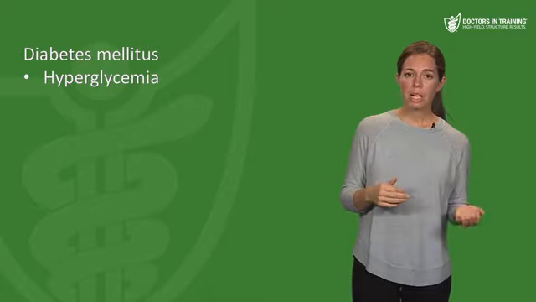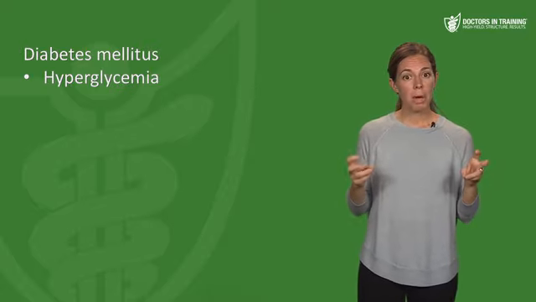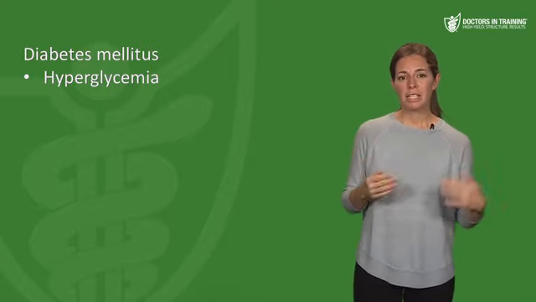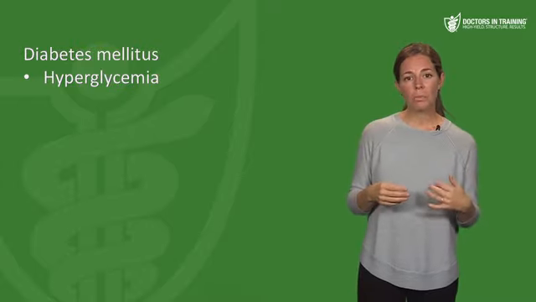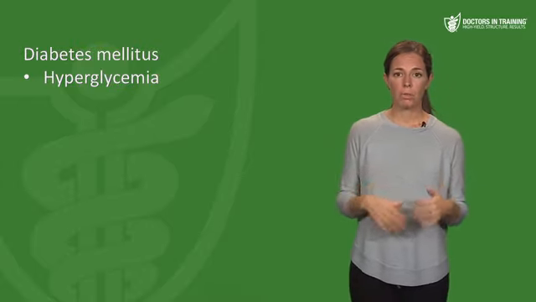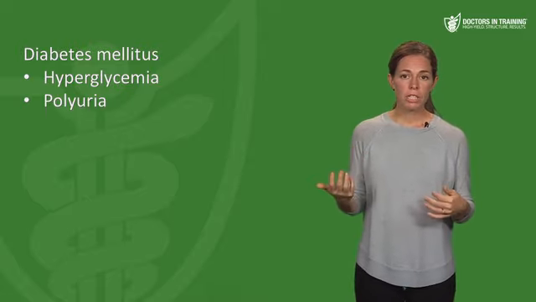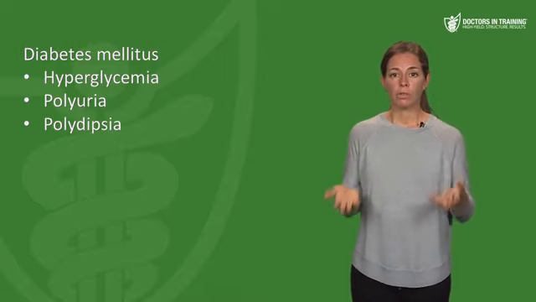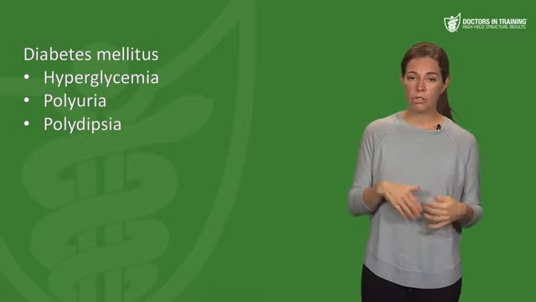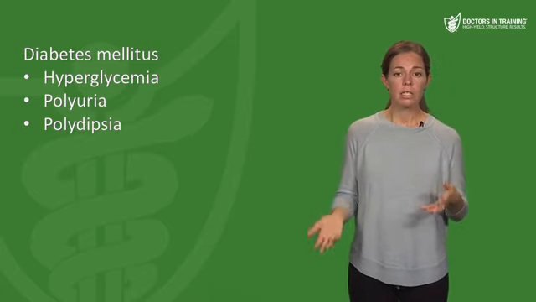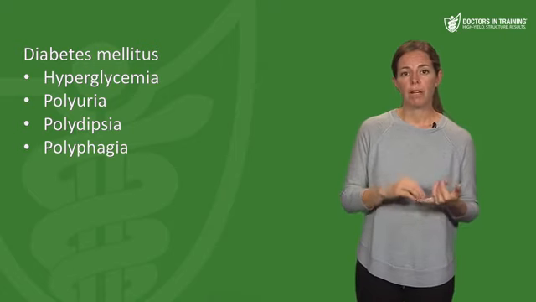Then when there's hyperglycemia, people start to get the polys. So the extra glucose gets dumped into the urine where it acts as an osmole and draws water into the urine, so patients will have polyuria. And then they're losing free water and will be thirsty, so they have polydipsia, and they're losing calories because instead of glucose getting into the cells and being used, it's getting dumped into the urine, so they have polyphagia and